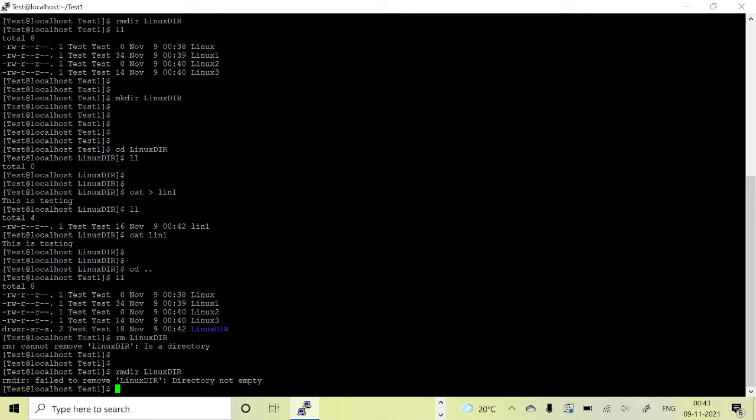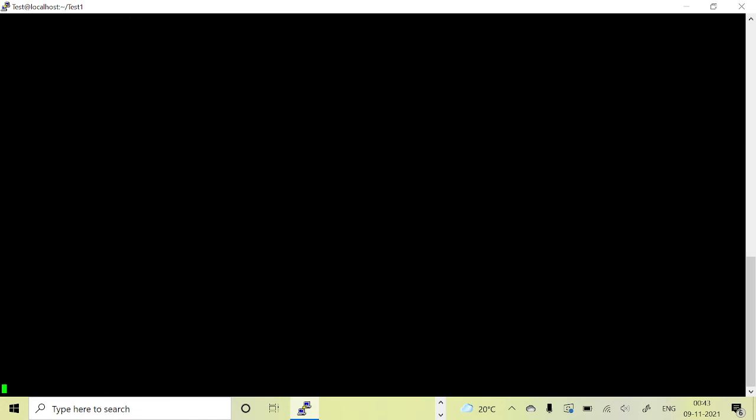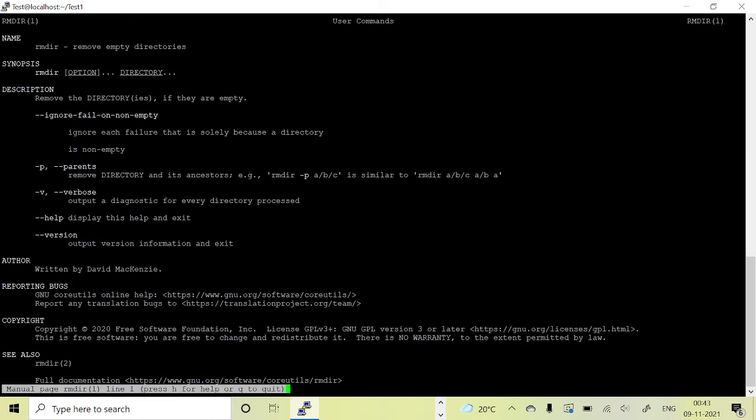So you can use rmdir with an option. man rmdir is the command to see the syntax. The option --parents removes the parent directory and its ancestors.